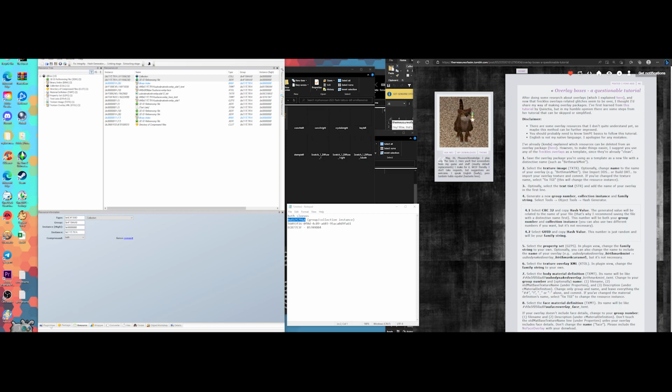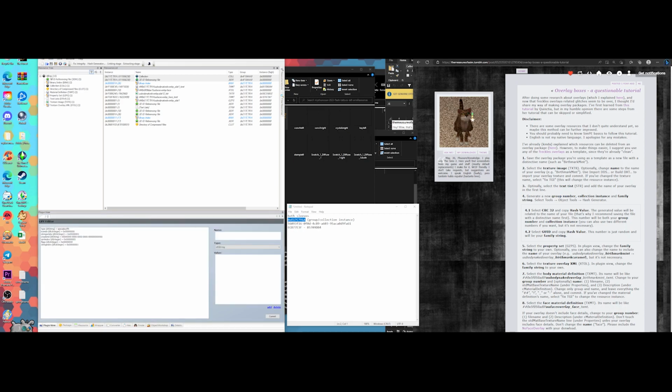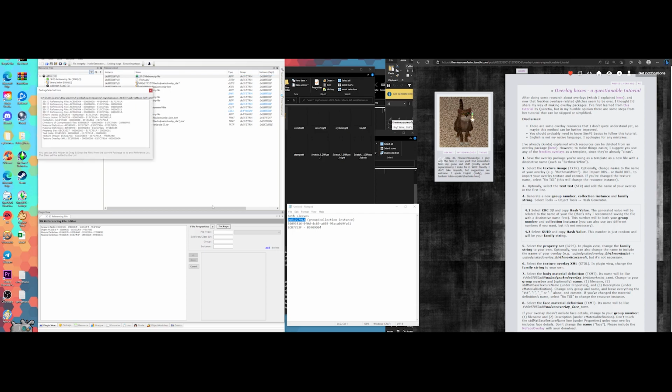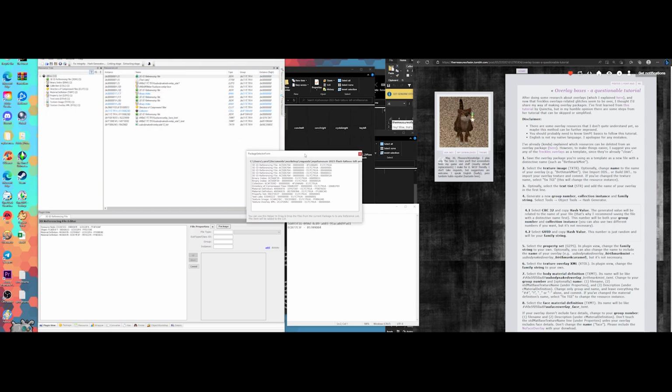And then from there, we are going to go ahead and click on all resources, sort by instance so that one is at the top, and we're going to load the first 3D ID. While it's loading, do not click anything. Okay, so now that it's loaded, you'll see the four, basically the resource node, the shape, and the two material definitions. Once it is loaded, go ahead and click on Package and File Properties, and you'll get a pop-up that essentially